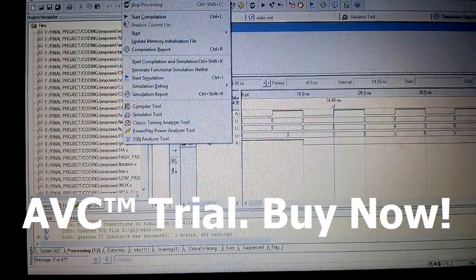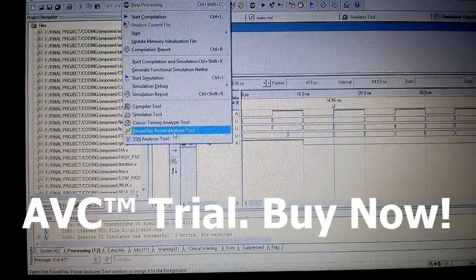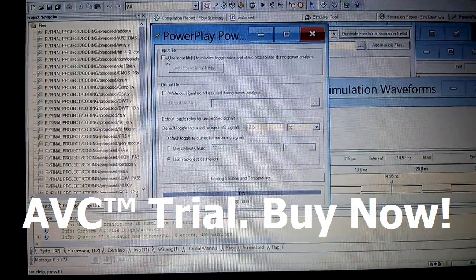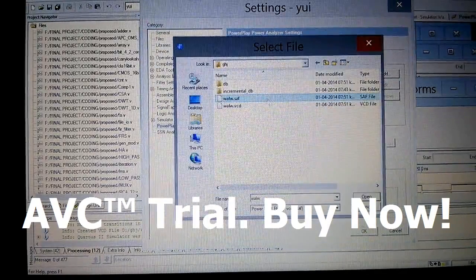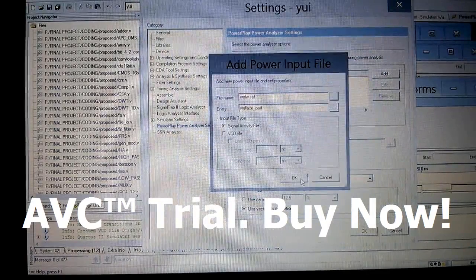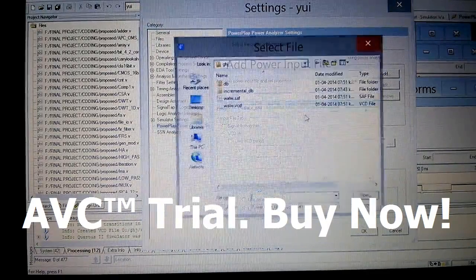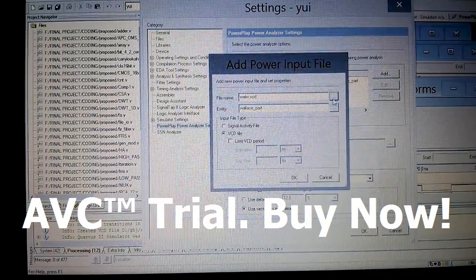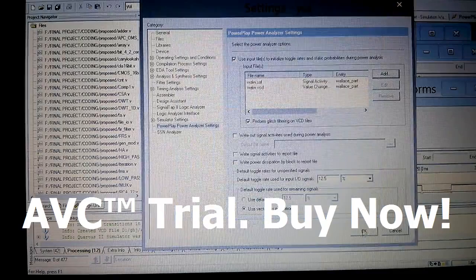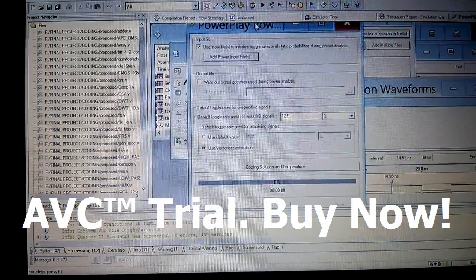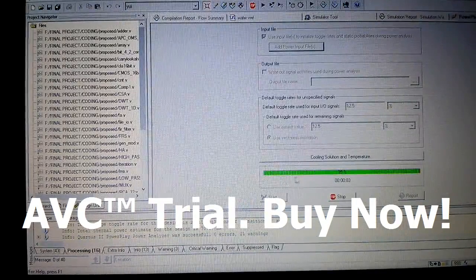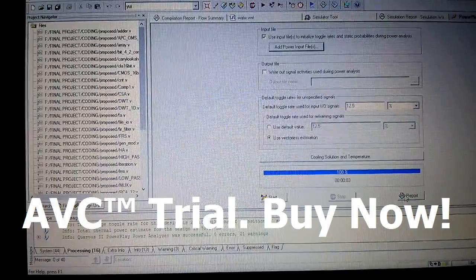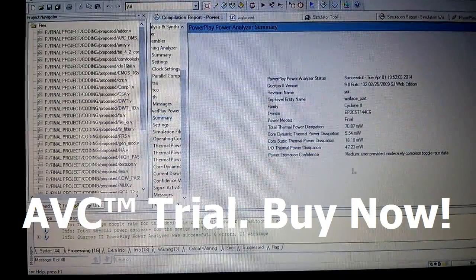Again, we have to click Processing and click Power Consumption. Add the file which I have already created for the waveform generator. We have to repeat the same steps which we did for the waveform generator to know the power consumption for that particular module. And this is the power consumption, or the power required, for the Wallace multiplier.